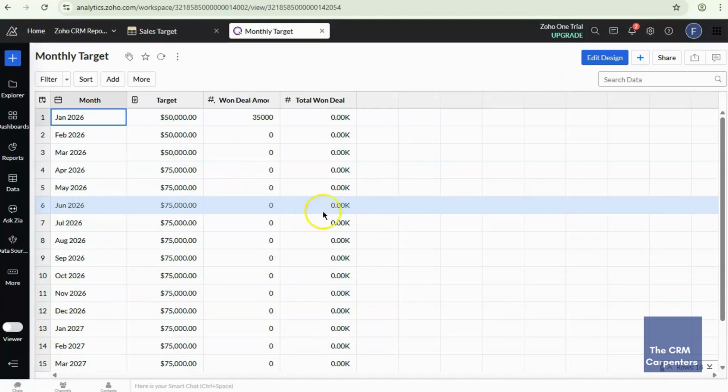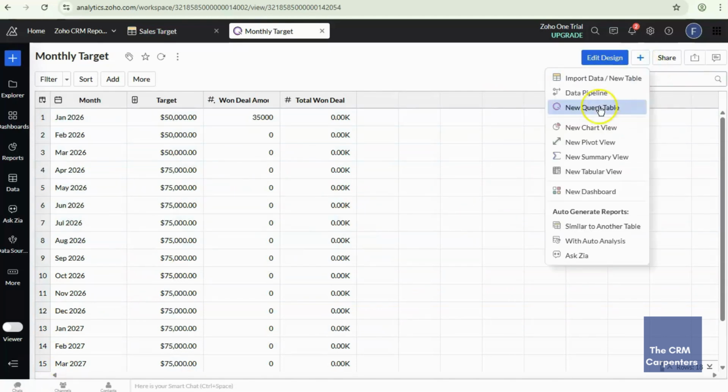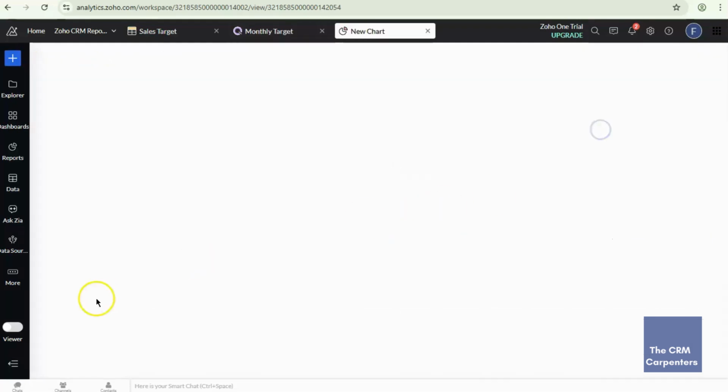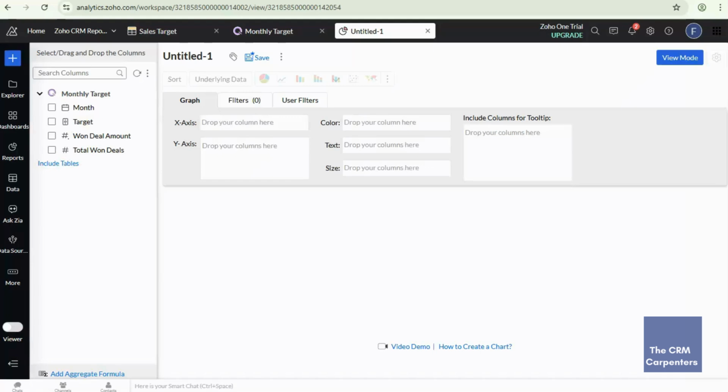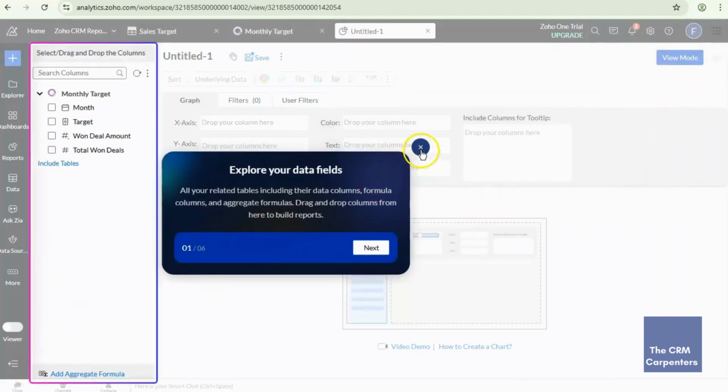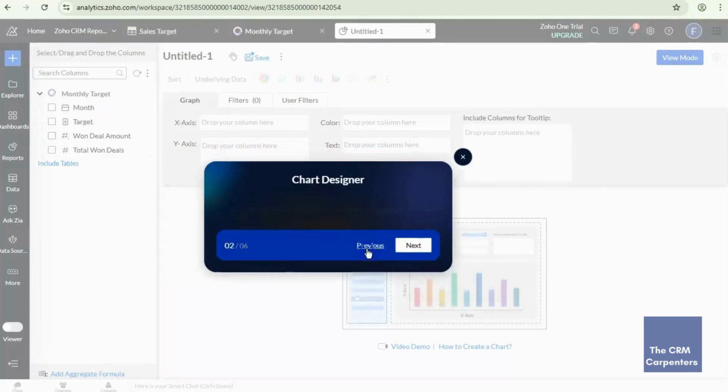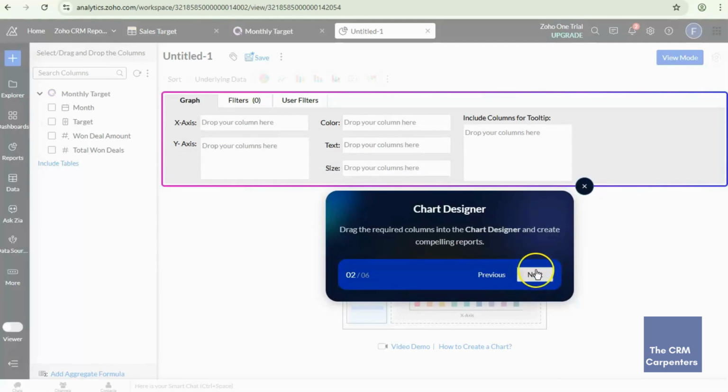So to do that, you just want to hit this add button to create a new chart and select new chart. And you will be prompted by some guidelines that will be helpful for you to create the chart accordingly and properly as you are following the standard way of doing it.